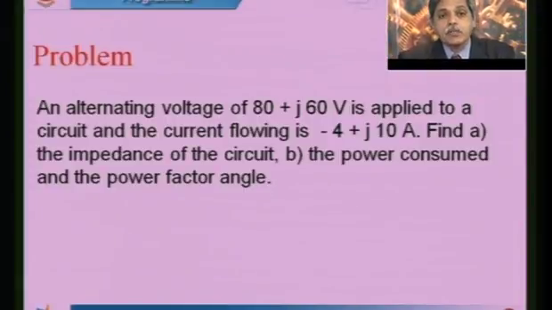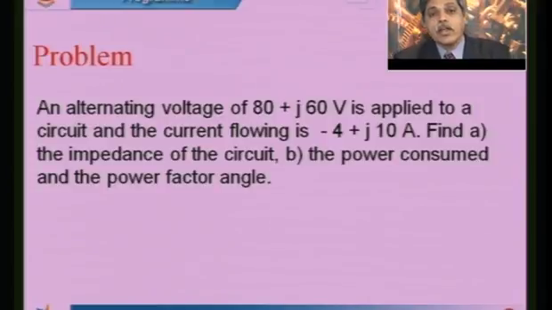As per Ohm's law, if I divide the voltage by the current, I will get a resistance in the case of DC circuits, whereas in AC circuits, the ratio of voltage to current will result in the impedance of the circuit. Now, impedance can be a capacitive impedance or an inductive impedance depending upon the phase angle relationship between voltage and current.